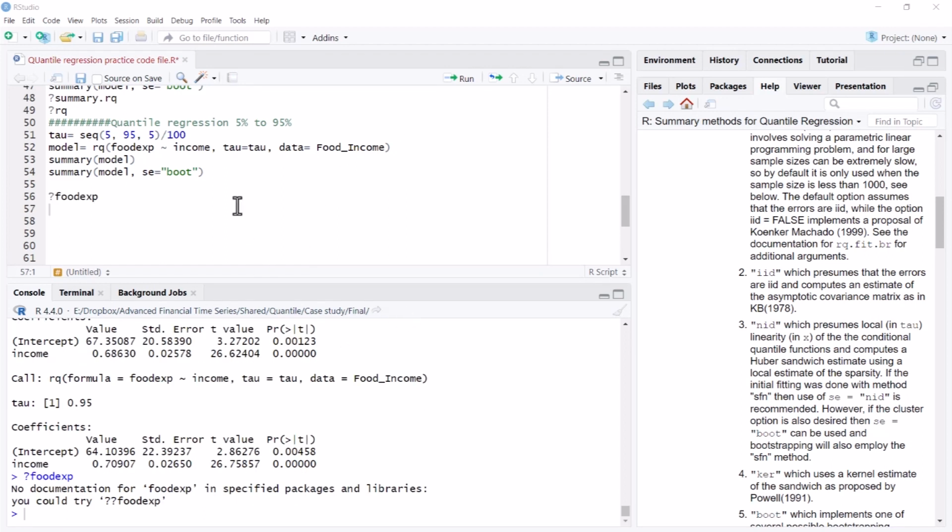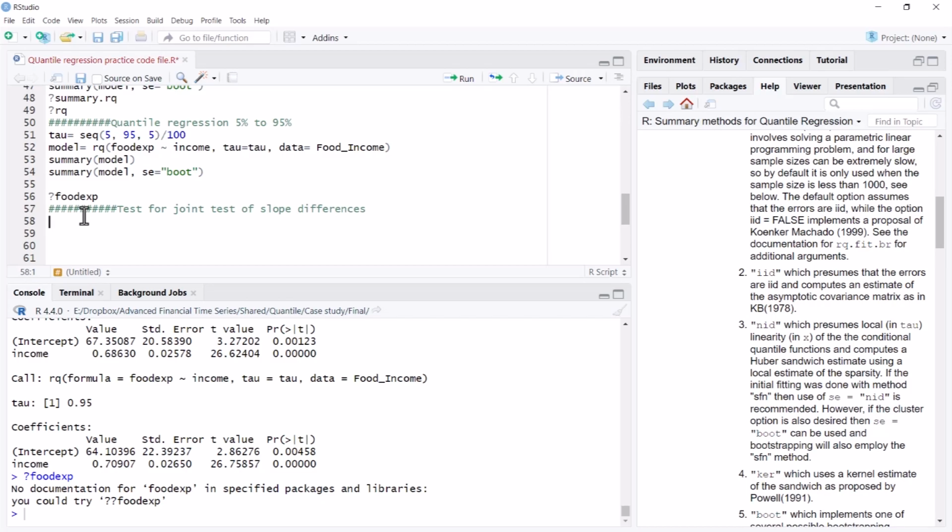In the previous video, we saw that across different quantiles of food expenditure, there was considerable heterogeneity in the relationship between food expenditure and income. But we would also like to see whether this heterogeneity is indeed statistically significant or not. As a starting point, we'll test for different relationships for three quantiles, tau equal to the 25th percentile, 50th, and 75th, which can be done through a joint test of slope differences.